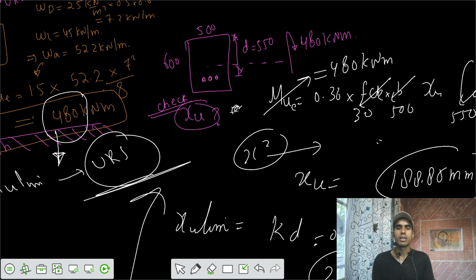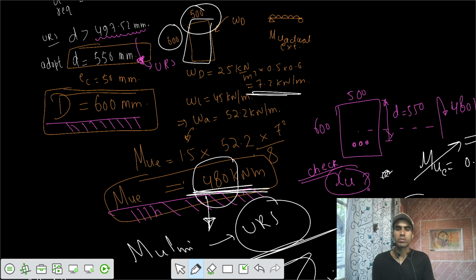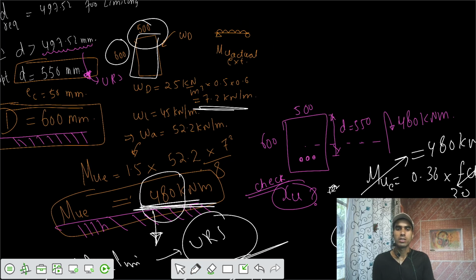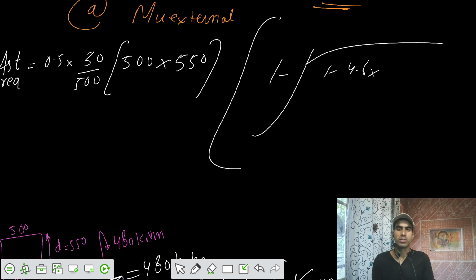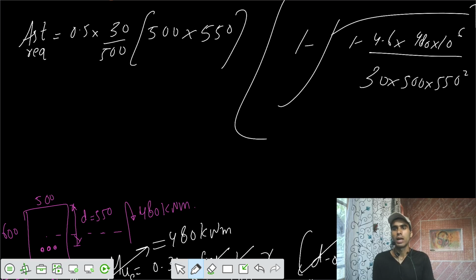When we fixed the section of 500 and 600, and for that dead load was 7.2, the final moment was 480 kilonewton meters. This is the factored 480 kilonewton meters. So we can write 480 into 10 to the power 6 divided by fck b d square, and finally you would get a value of Ast required equal to